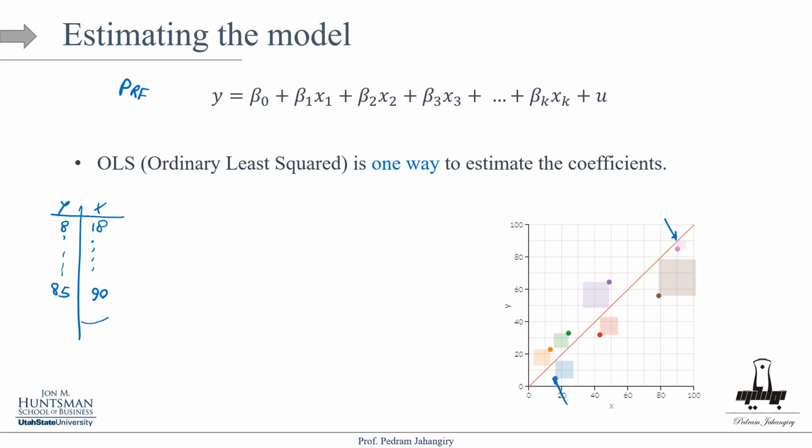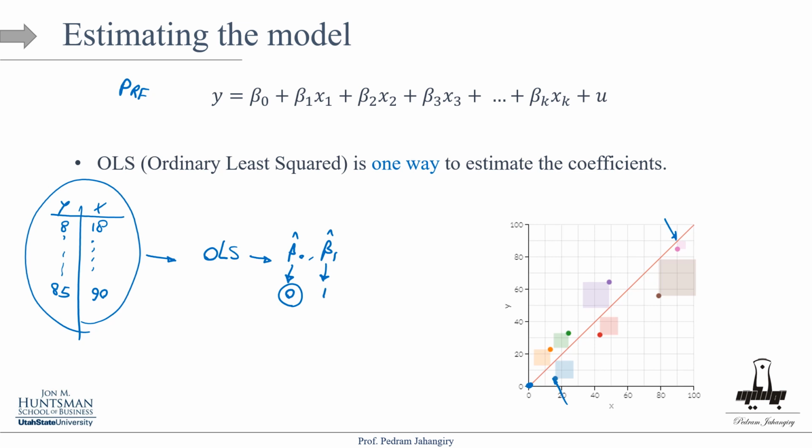So I have this data. Remember, this is step number 2, collecting the data. And then I need to pass it to an engine. Now let's say that engine is OLS, ordinary least squares. And then that's going to tell us what beta hat 0 and beta hat 1 are. In this case, our engine is telling us that beta hat 0 is 0 because this is the intercept. And beta hat 1, actually it's going to be 1 in this example,